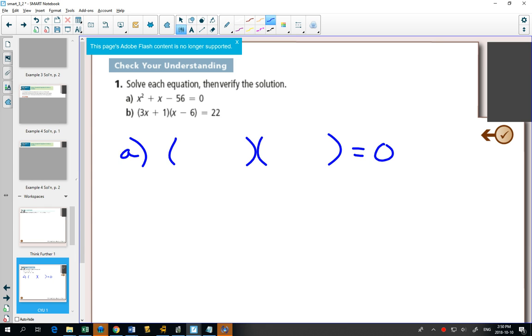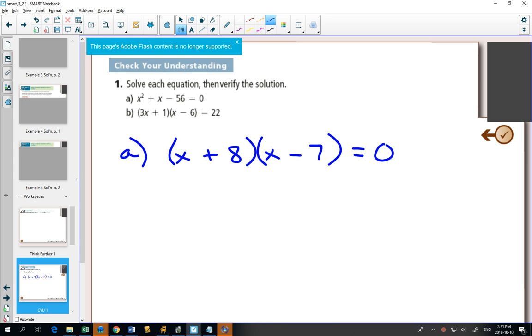What times what is x squared? X and x. What times what is 56? 8 times 7. Does the outside and inside make 1? If it's plus 8 and minus 7, it does. Again, every time you factor, you should quickly multiply everything out to make sure that that matches what you started with. But what we've done right now in this equation is we've changed it from adding and subtracting to equal 0